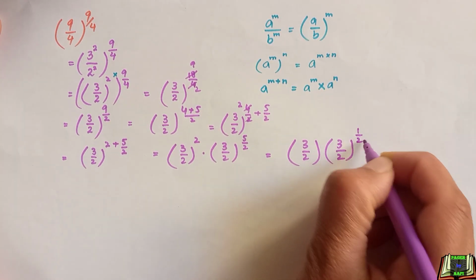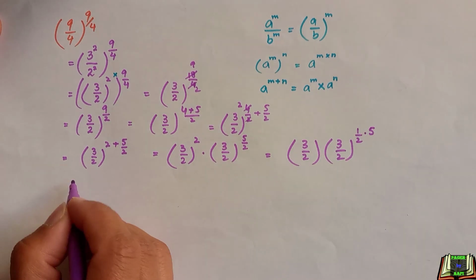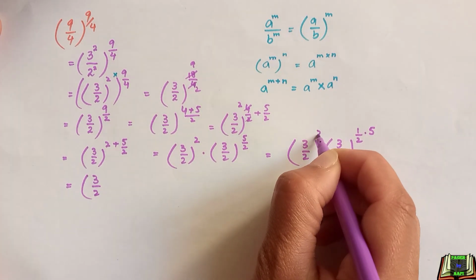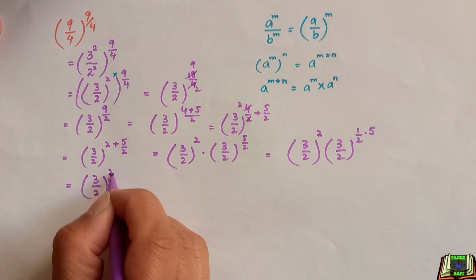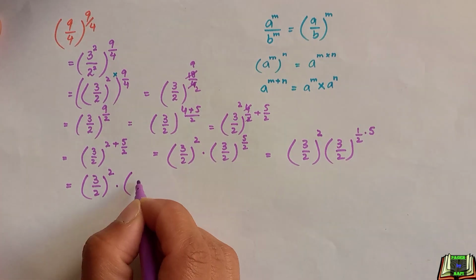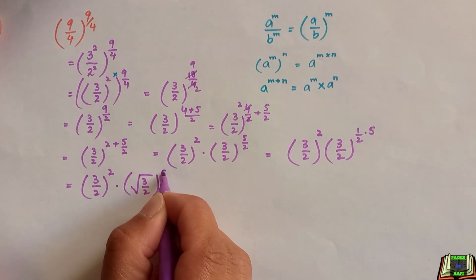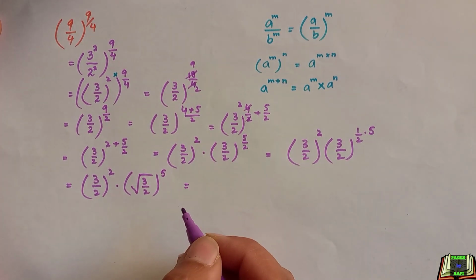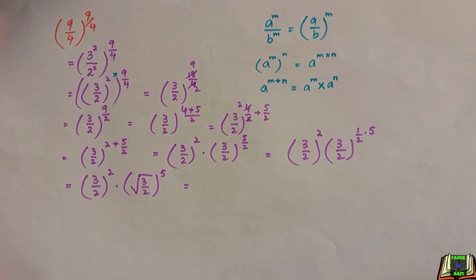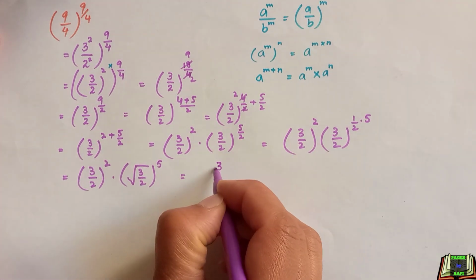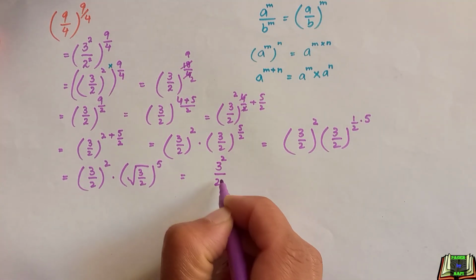Here is the power 2, and the power 1 over 2 is the value of the root. So writing it in root and whole to the power 5, writing the powers separately, this is equal to 3 squared divided by 2 squared